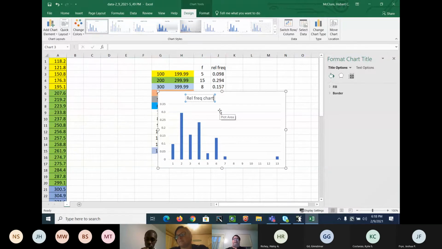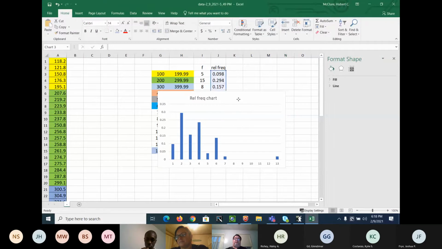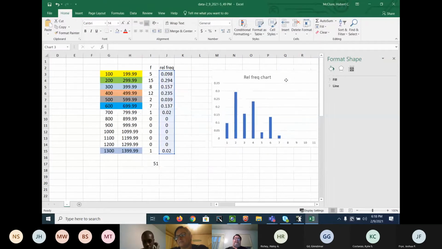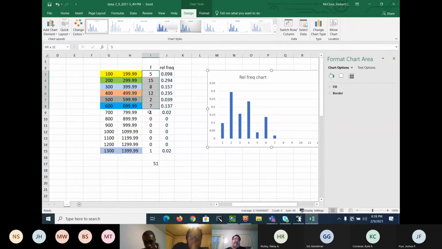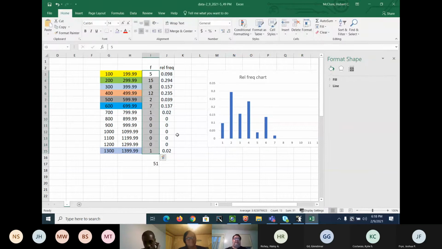Okay, there's the relative frequency, and I'm going to move that over here. I was highlighting the data. You highlight the frequency right here. I'm sorry. I feel like I'm on drugs or something. I'm telling you, something is wrong with me. I've been fine all day. Hold on. Insert